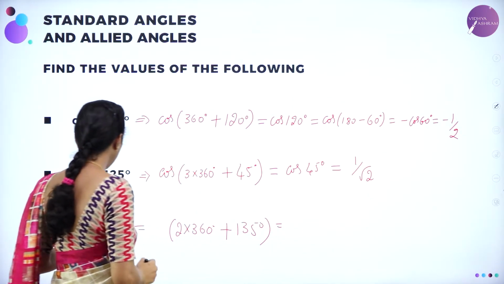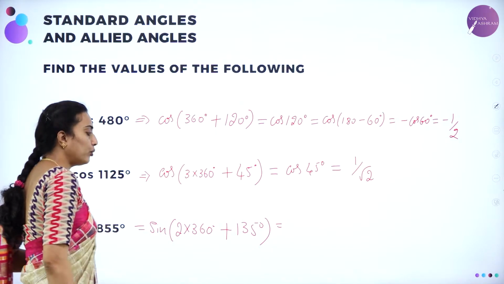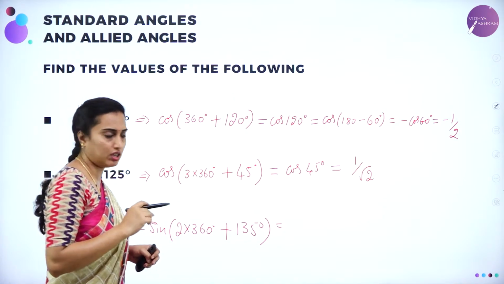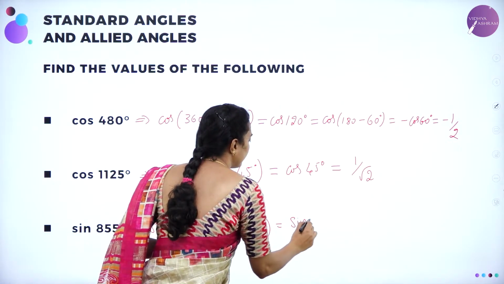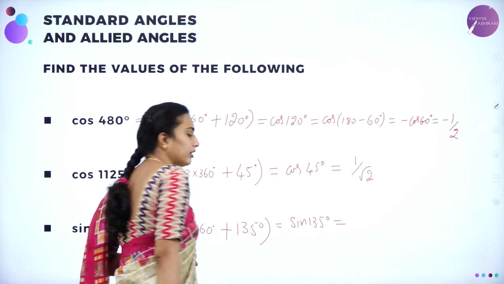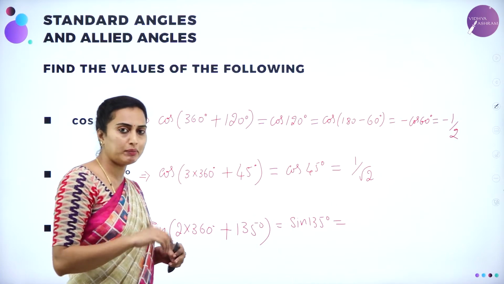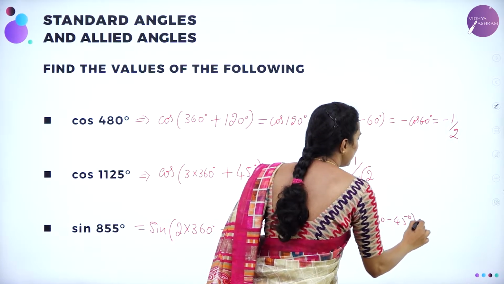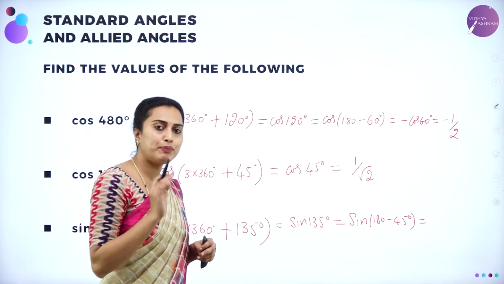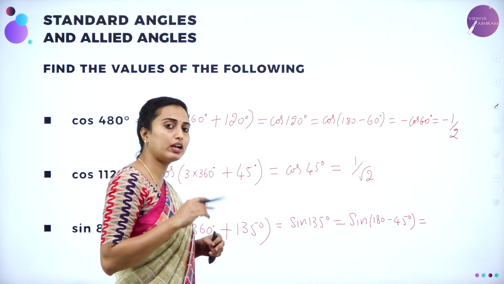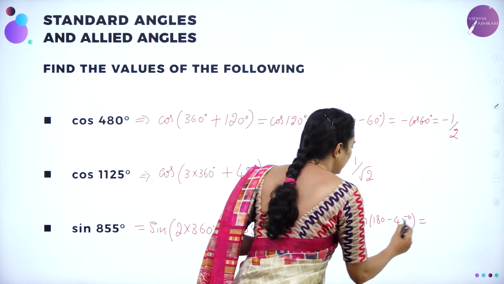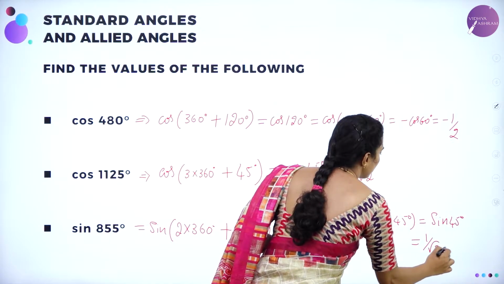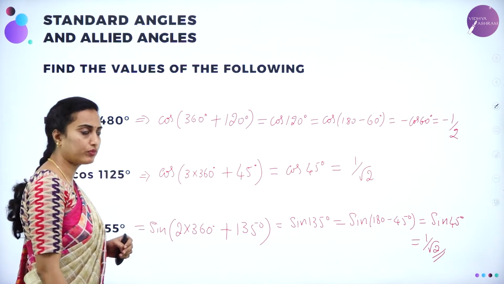Right? So, here I forgot because it is sine of 2 into 360 plus 135, that is sin of n into 360 plus theta is nothing but sin theta. Therefore, I can write it here sin 135 degree. Now, you can write 135 either as 90 plus 45 or as 180 minus 45. I am preferring 180 minus 45. Sin of 180 minus theta is plus sin theta because it falls in the second quadrant. In the second quadrant sin is positive. So, therefore, you have here sin 45 degree. Sin 45 degree gives you the value 1 by root 2. I hope you got this problem also, how to solve.